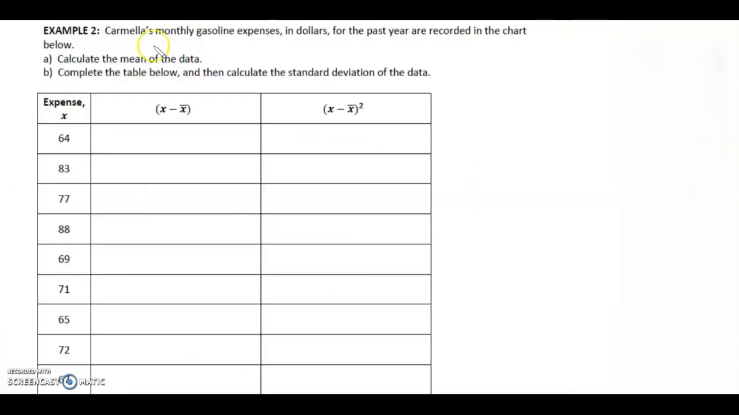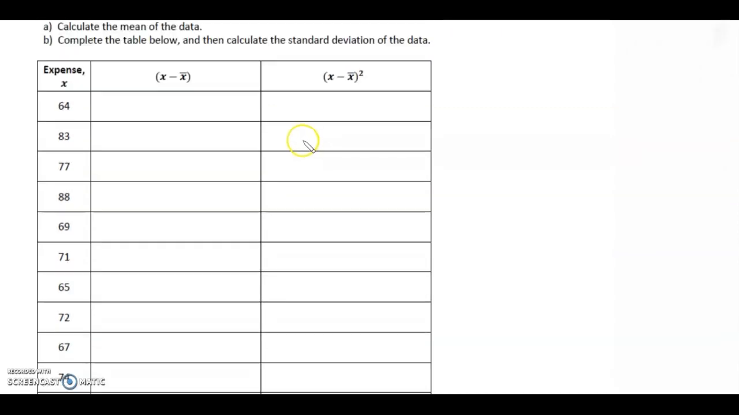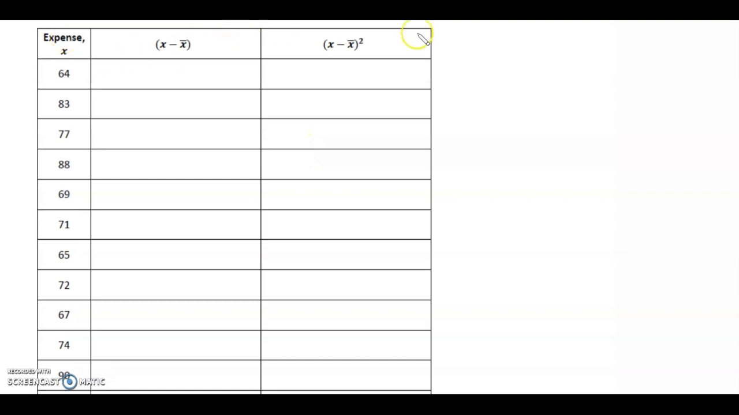Example 2, Carmela's monthly gasoline expenses in dollars for the past year are recorded in this chart below. So first, let's calculate the mean of the data. Okay. So for the mean, it's going to be